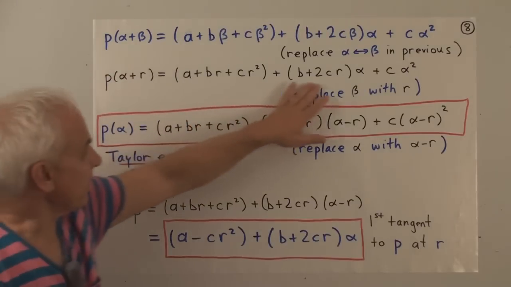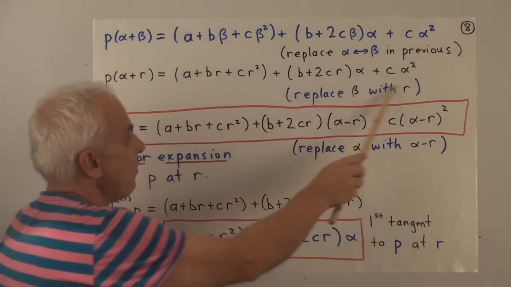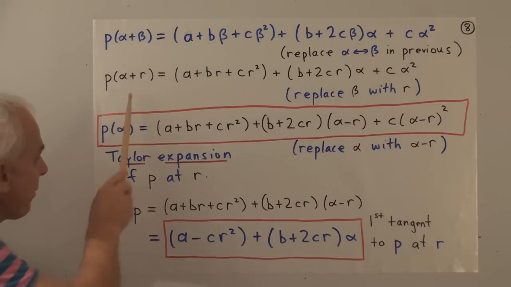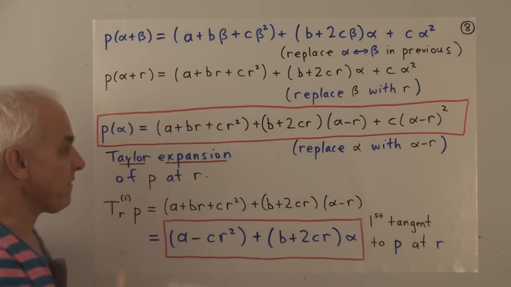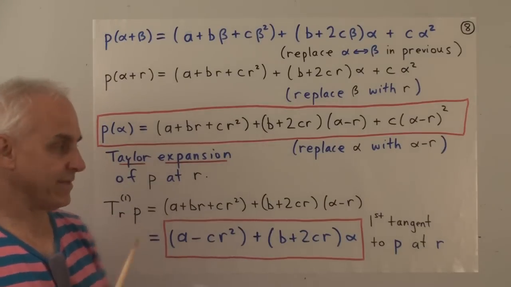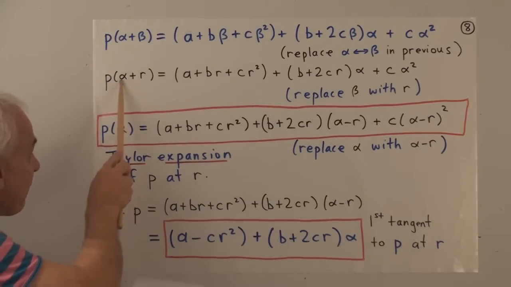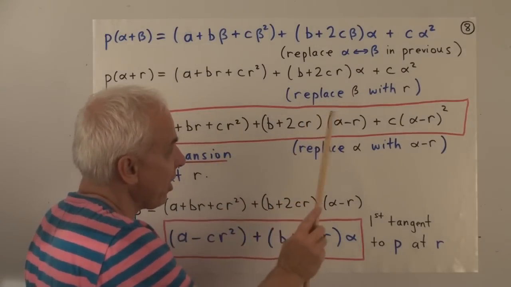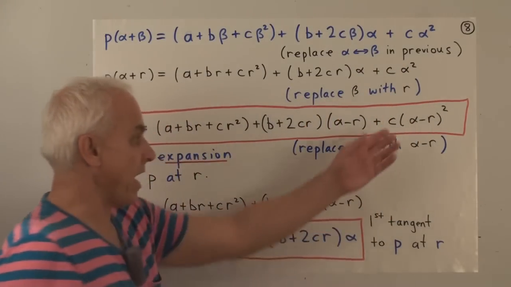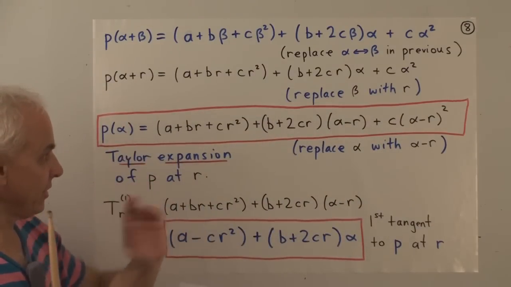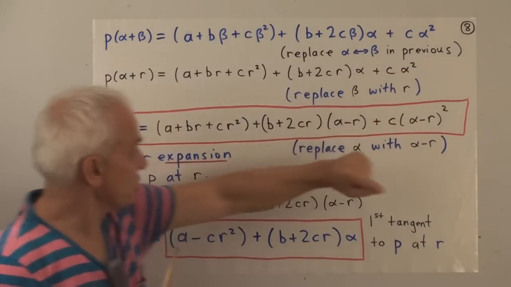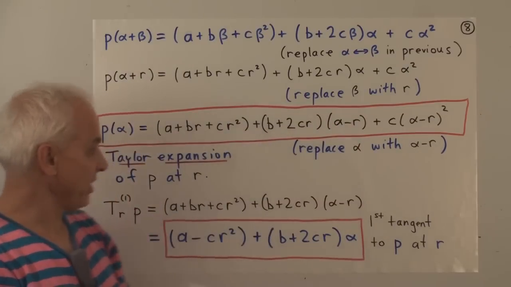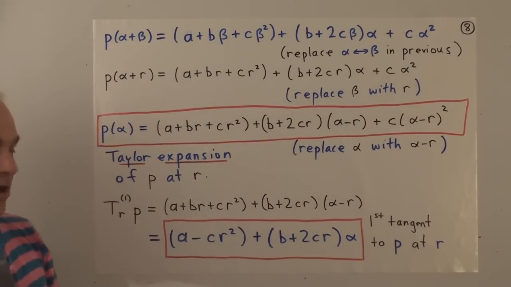Okay, so this is just another equation. This is now an equation just involving a simple polynumber in alpha. And now what we're going to do is replace here alpha with alpha minus r. It's a translate of this. And when we replace alpha with alpha minus r, this becomes just alpha, and the alpha here becomes alpha minus r, and the alpha here becomes alpha minus r, and otherwise it's completely unchanged. So just this changes, and this changes. But this is now a very important expression. This is the Taylor expansion of p at r.